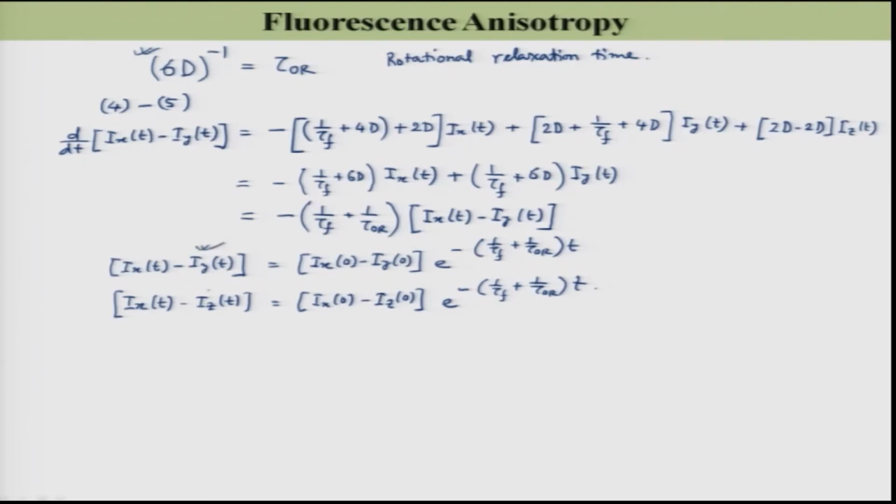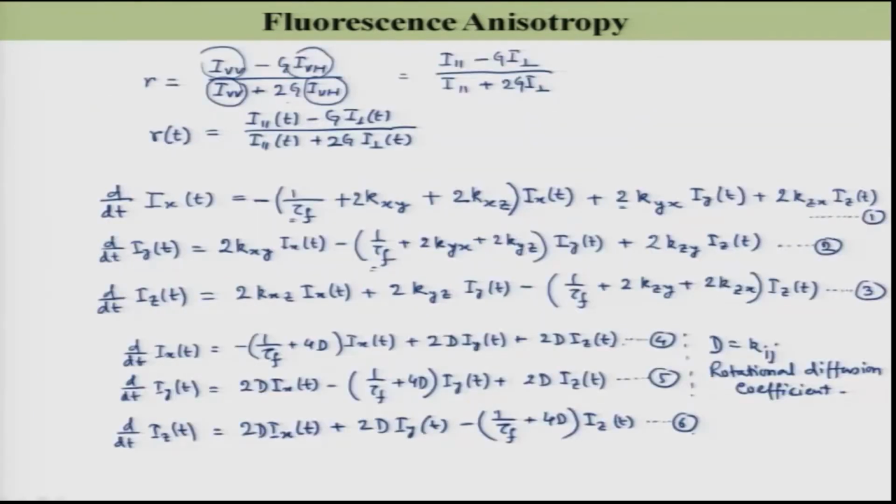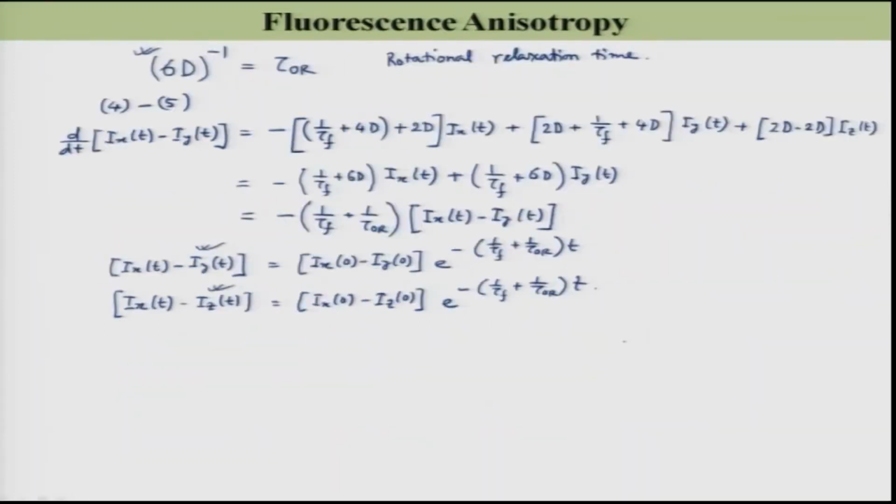So, this one I will know, from here this one I know. Now, if you put the value of I_y(t) and I_z(t) here and here, you will get everything in terms of I_x, these two will be replaced. So, now let us put the values of I_y and I_z into that equation. Let me name it as 7, this one is 8, this one is 9,